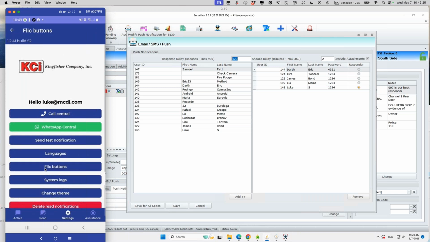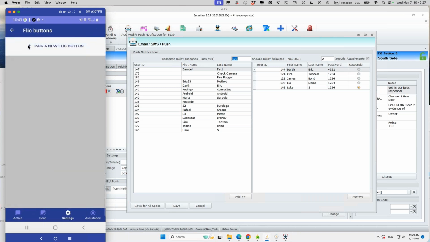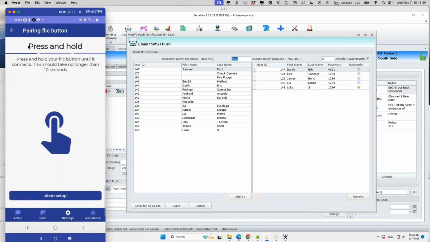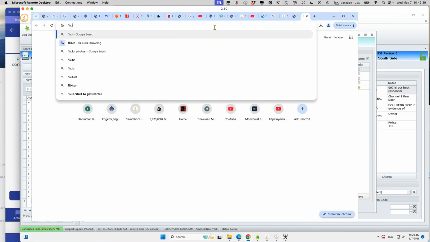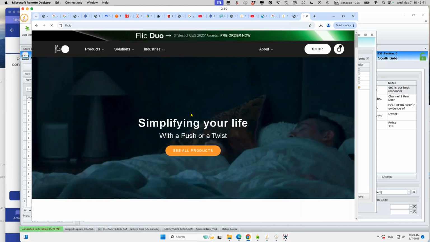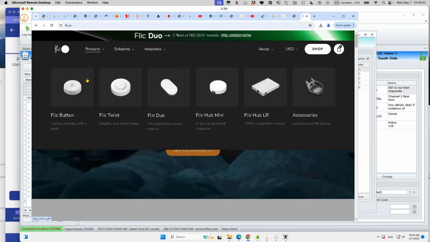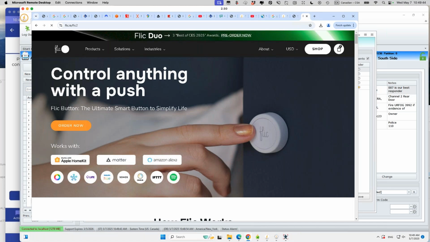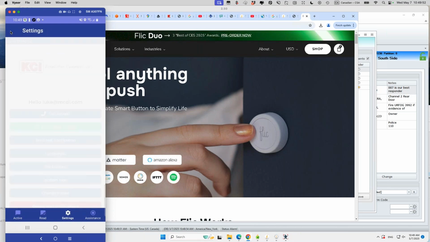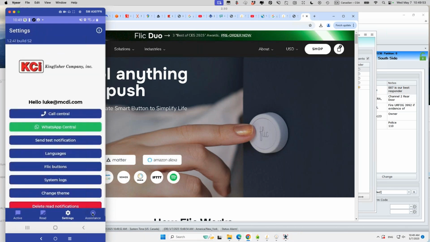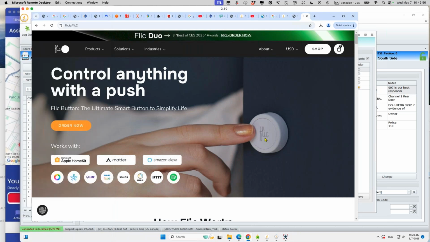Hey, something I see that I forgot here. There is the possibility to pair a Flic button. I don't have one at the moment with me, but I can show you from their website. You can get the Flic button directly from Flic. You can use it in the Verificator app, and that assistance button here, you can trigger it from the Flic